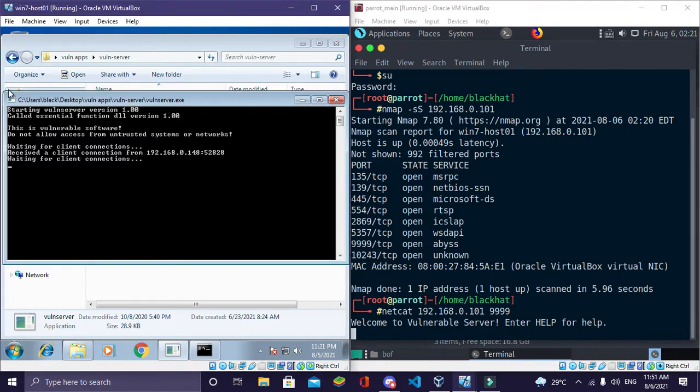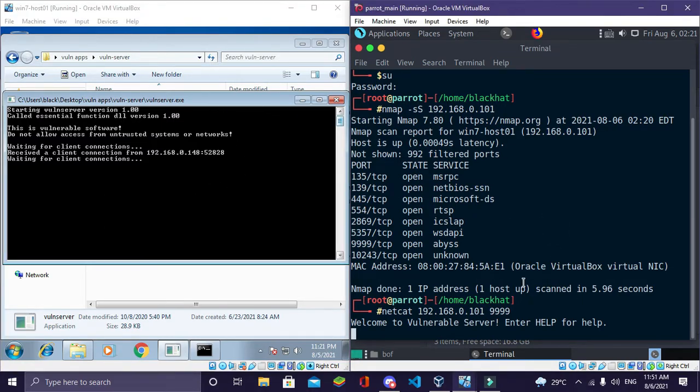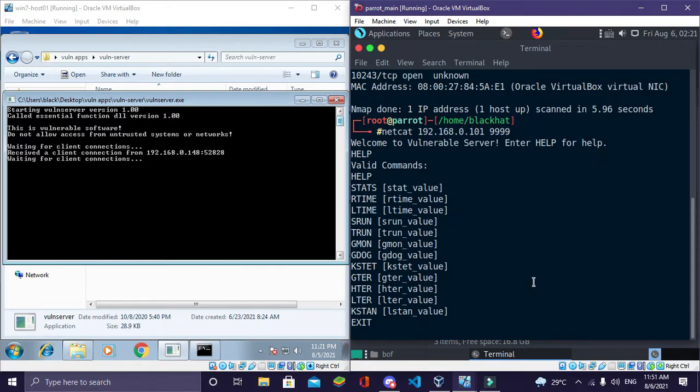Actually this app is not supposed to be vulnerable. This is something like a normal server, and as we are doing a buffer overflow attack here, we have used a vulnerable server. Usually we have to fix those vulnerabilities. However, now let's type help and see what will happen.